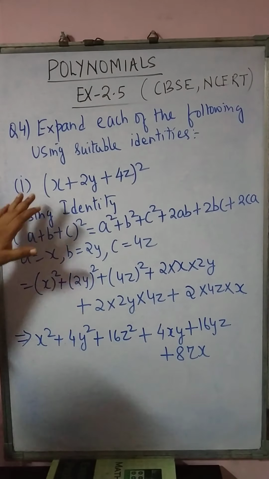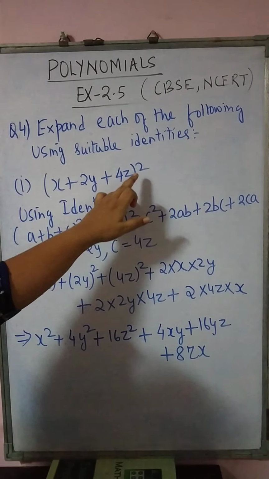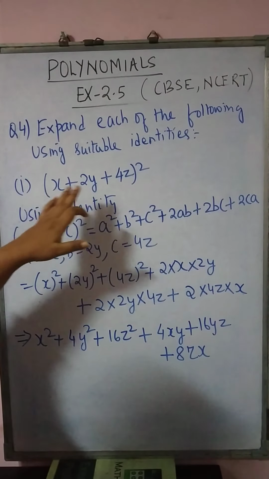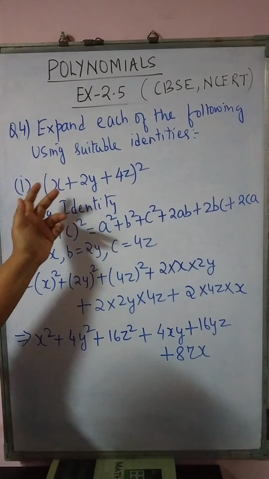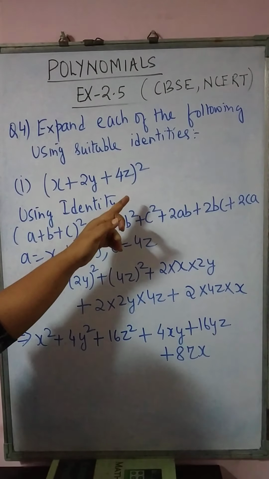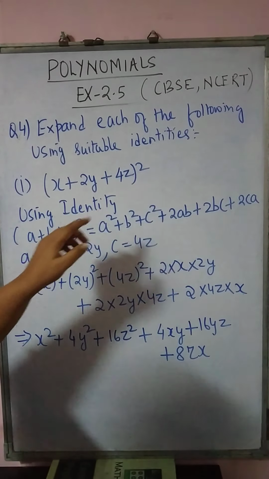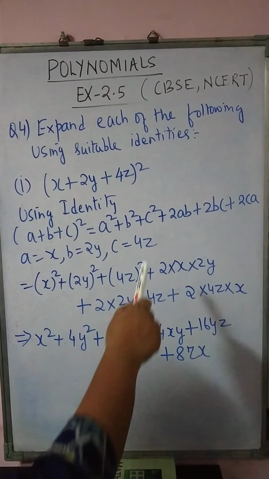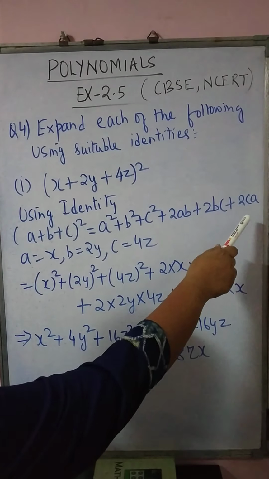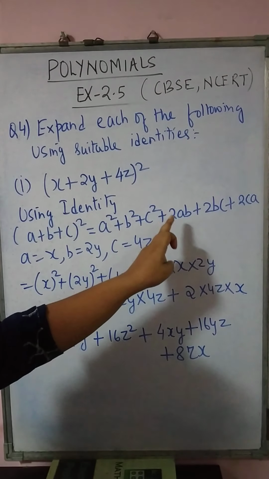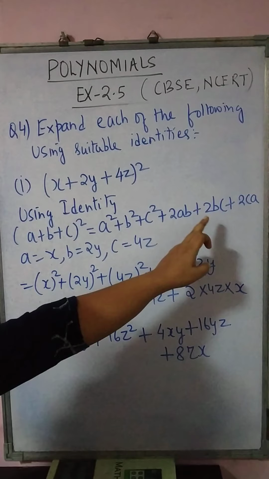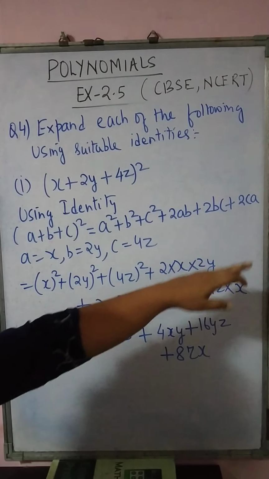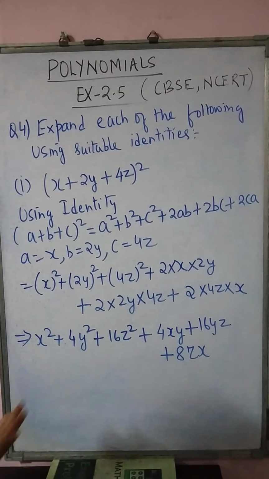What is the formula? Whenever you see any expression which has 3 terms and square is mentioned as the power, I am telling you how to remember. Whenever there are 3 terms, irrespective of the sign of each term a, b and c, and square as the power, the formula is a square plus b square plus c square plus 2ab plus 2bc plus 2ca. 2ab means 2 into a into b, 2bc means 2 into b into c, plus 2ca means 2 into c into a. So just put in the formula and write down the answer.